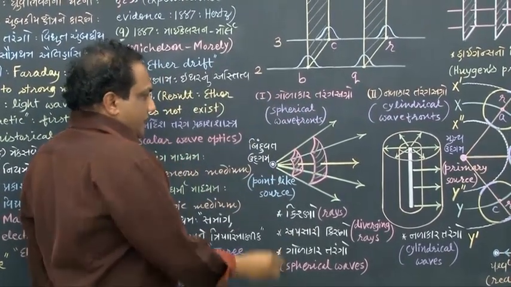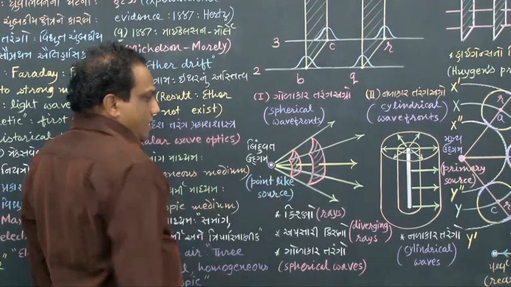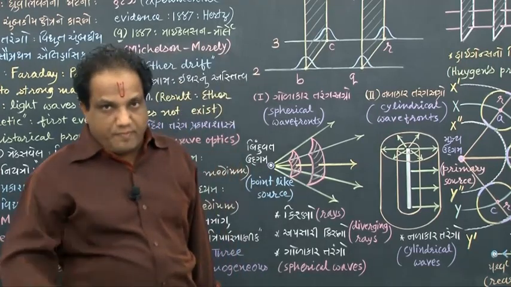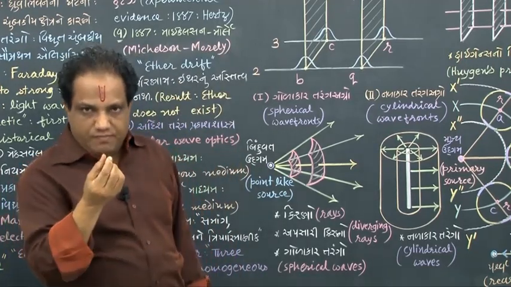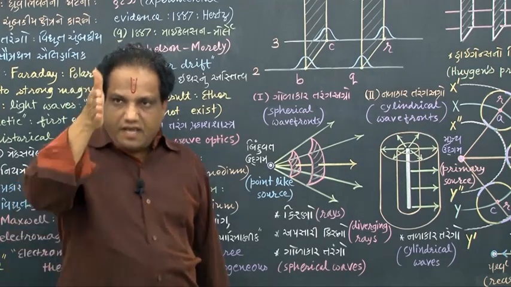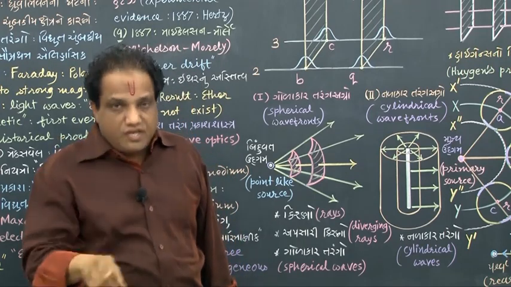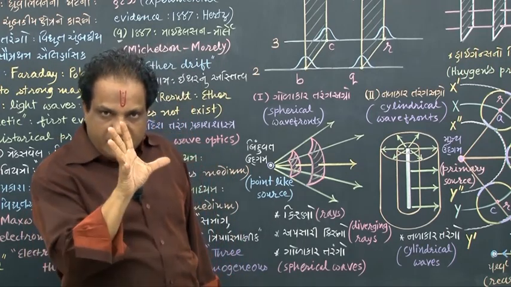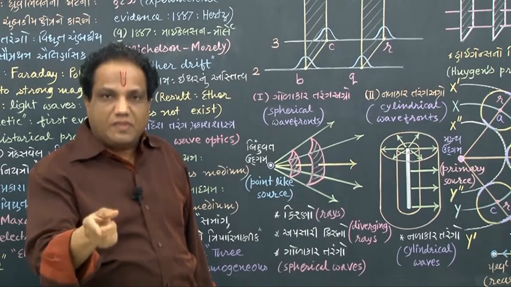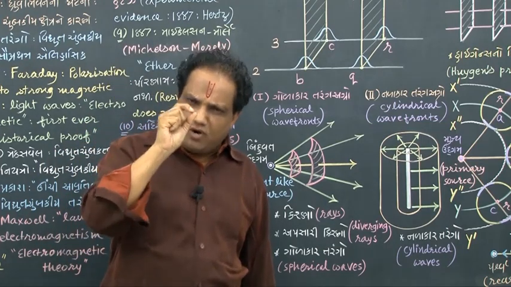Consider a point-like source. How do you prepare a point-like source of, say, light waves? Just take one bulb, put it in a box which is enclosed from all the sides, and then just prepare a very small hole in one of the sides. You switch on that bulb, light energy would come out. When it comes out of the very small hole, at that time that hole can be taken as a small point-like source